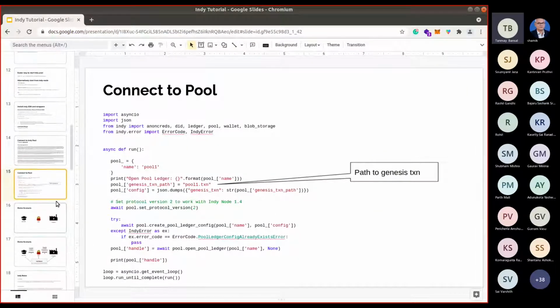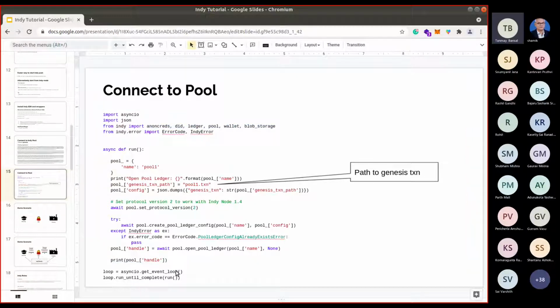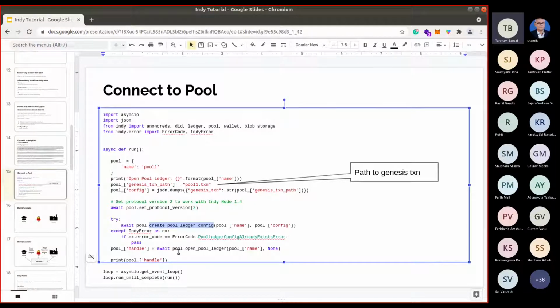So how can you connect to the Indy pool? This is simple code. First of all, you need to import a bunch of stuff. You don't need all these imports here, but I have written all of them because they will be used in the later part of the tutorial. After this, the main function is open pool ledger.